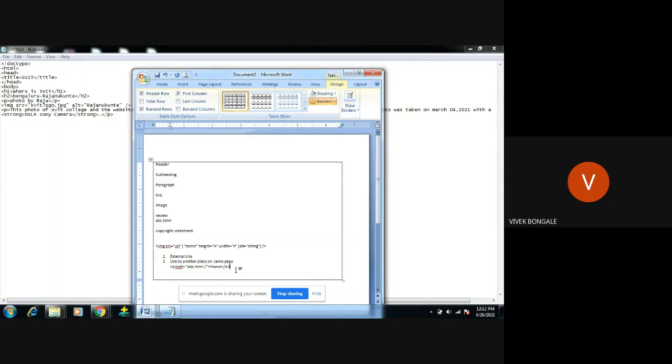Then link to email. For example, I want to link this particular page to one particular email. The same anchor tag, href, then mailto followed by the mail ID of the person, something like vivek.p@saividya.ac.in.